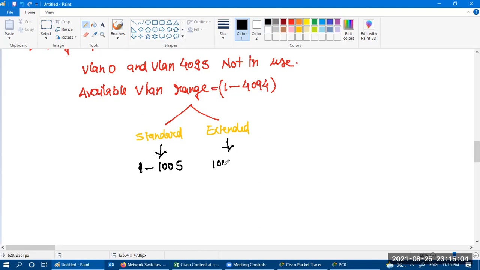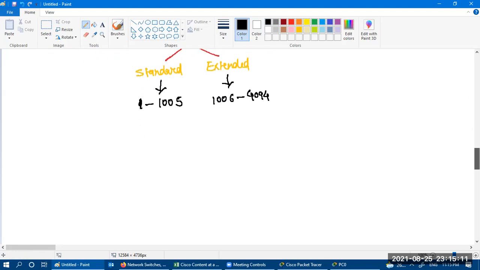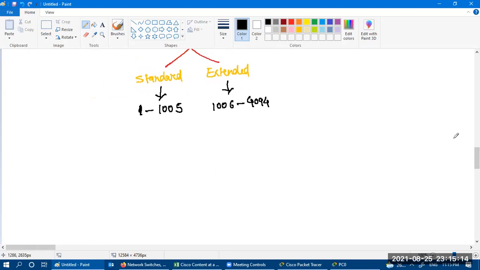Extended ranges from 1006 to 4094. Again, if you talk about standard VLANs, they are divided into two parts: reserved VLANs and unreserved VLANs.